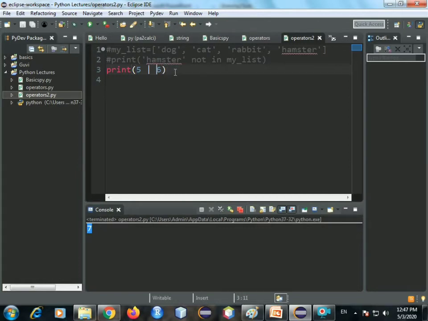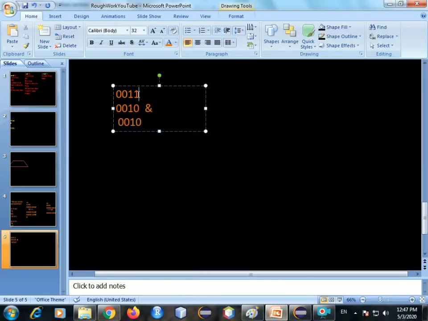Alright, let's do XOR also and see what number we get. 5 XOR 6. Okay, 3. We got 5 XOR 6 as 3. Let's just try it out once, maybe it'll become clear. Now the number 5 is 101, right? So 5 is 101 and 6 is 110. Okay, now on applying XOR to this, let's see what we get.